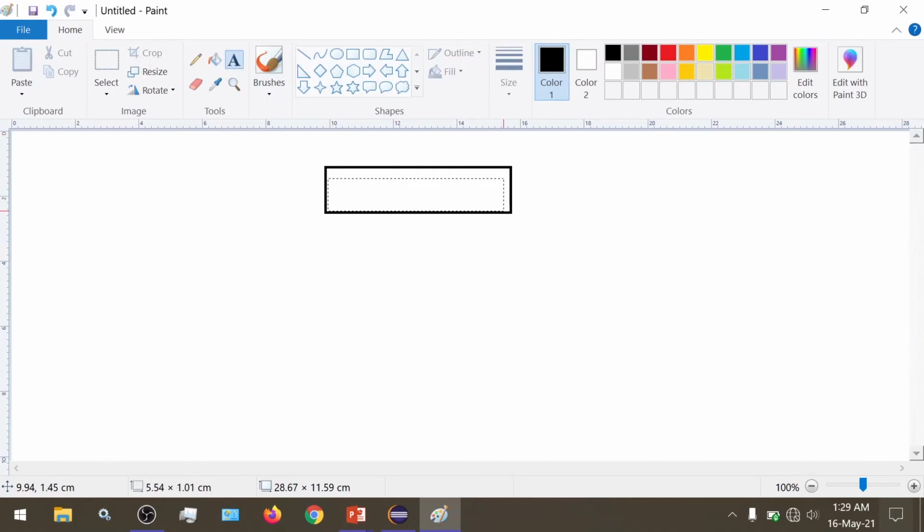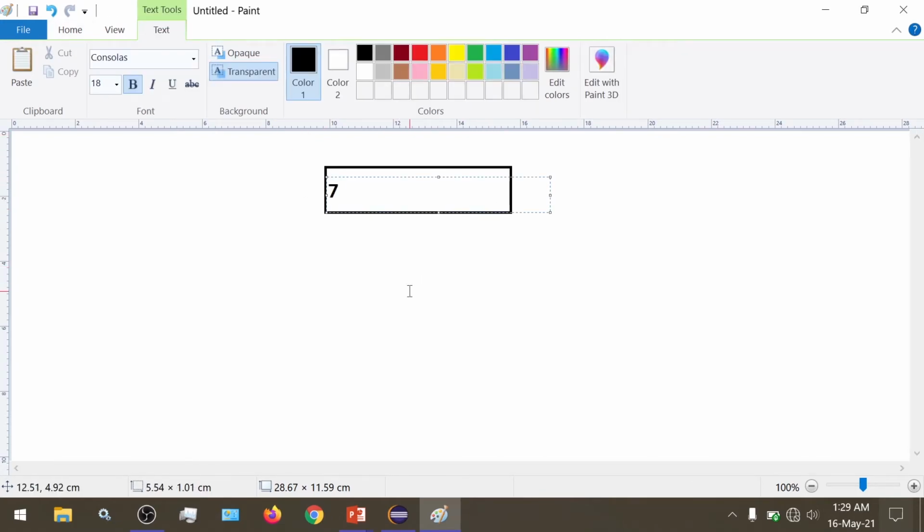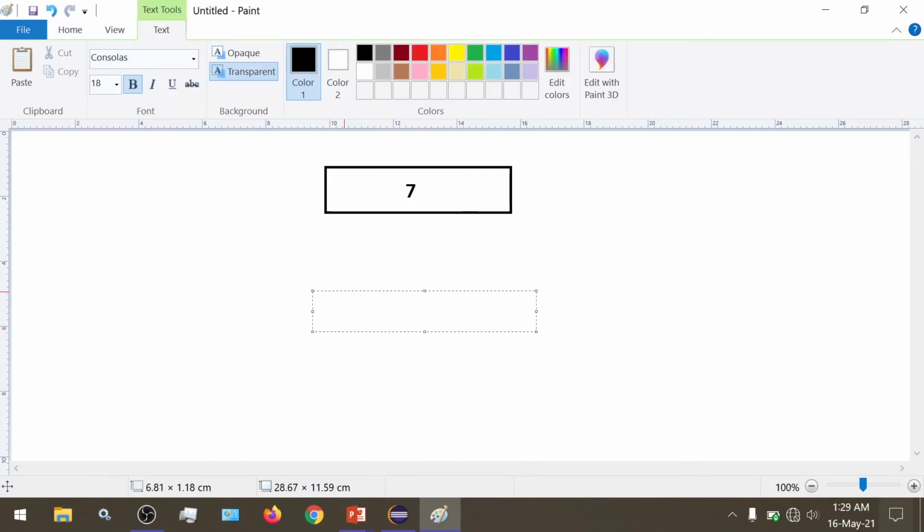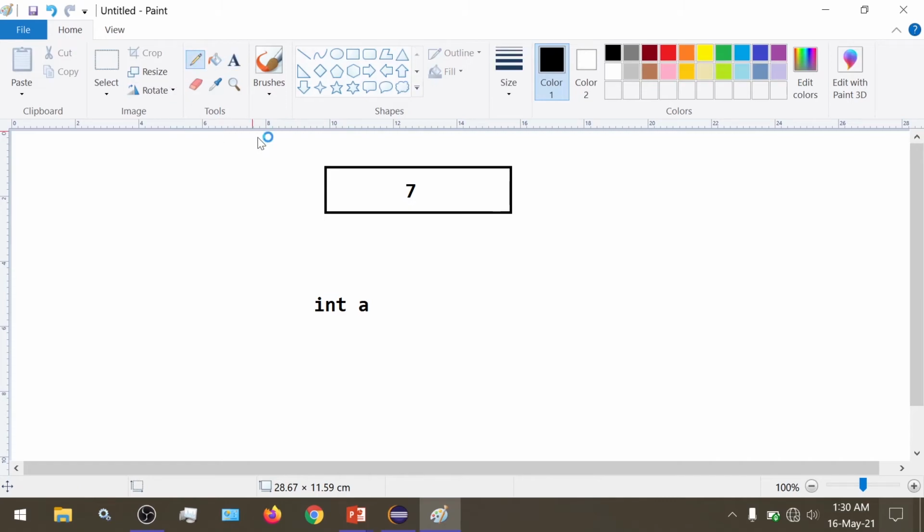Let's suppose we have a variable with the value 7, and name a. So here we have an integer variable, or int variable, and its value is 7.